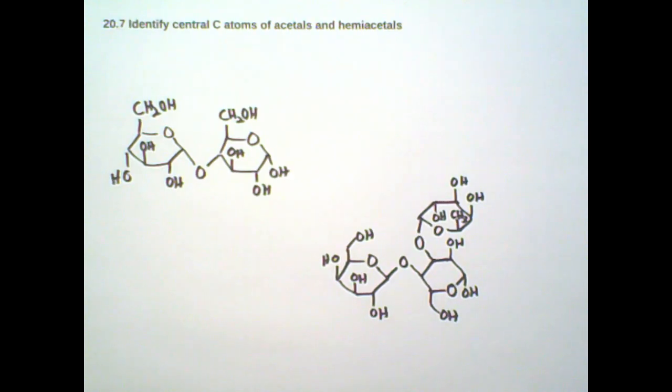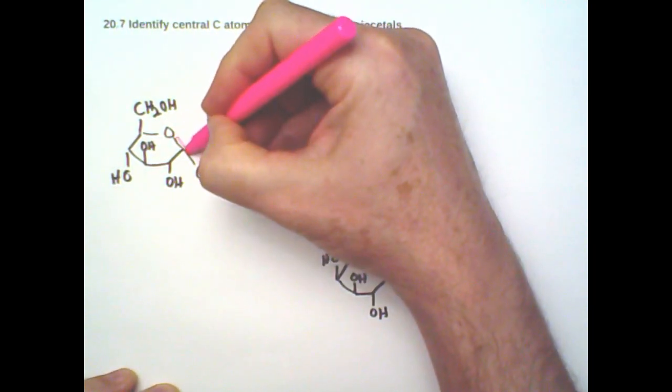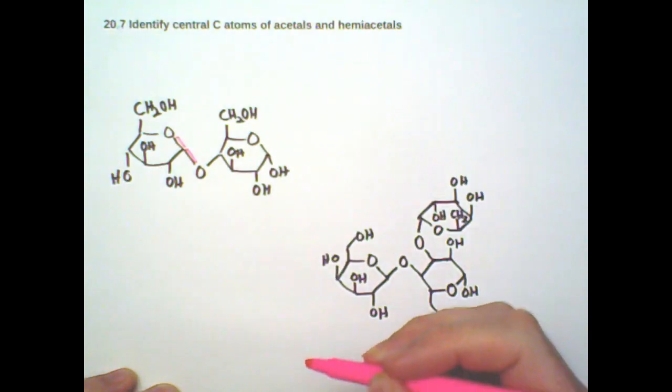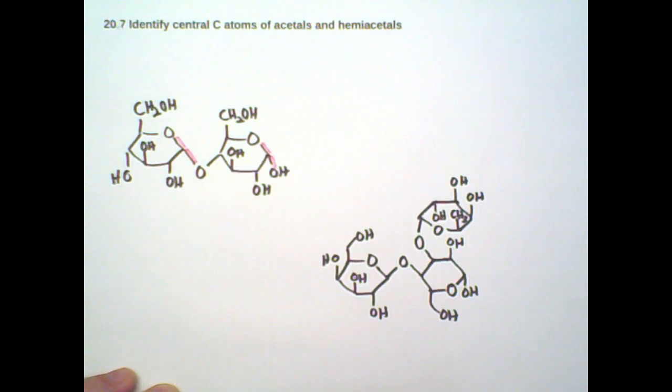I've drawn some sugar molecules here, and we're going to be identifying acetal and hemiacetal functional groups in them. So the thing to look for, since those form from aldehydes and ketones, is carbons with 2 oxygen attached. Got 2 oxygen attached to this carbon, 2 to this carbon,